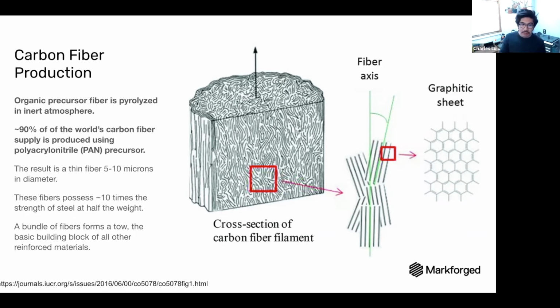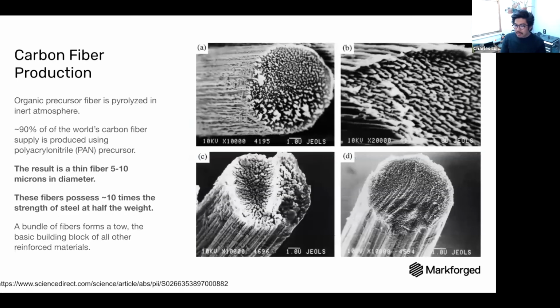In 3D printing, filament is also a long, thin strand, but the scale is totally different, right? The filament that we're talking about here is 5 to 10 microns in diameter, whereas the filament in 3D printing is on the order of 1 to 3 millimeters in diameter. So it's a totally different scale of material, 3 orders of magnitude different, but it's still a very long,